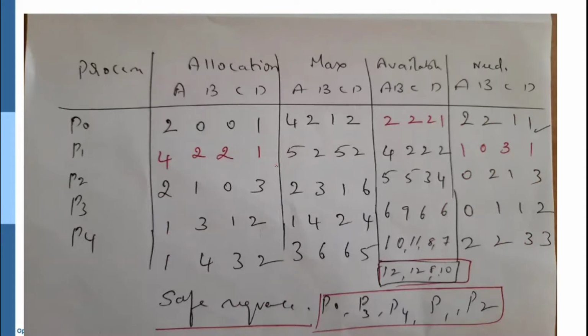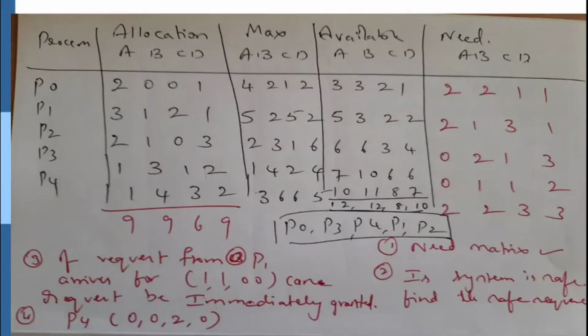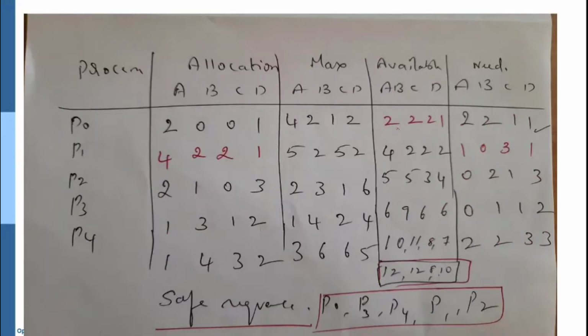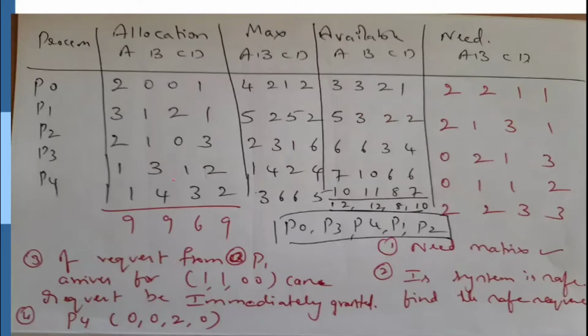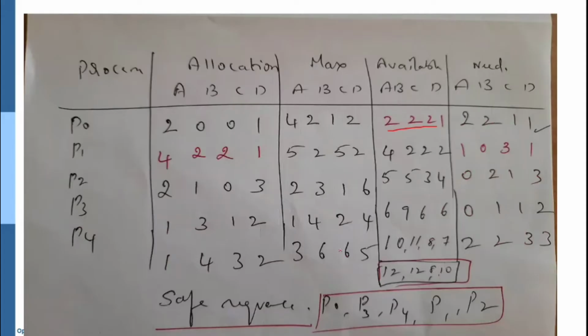So 4 2 2 1. These are the new sequences, and we have to subtract this from the given available. When you subtract, 3 minus 1 is 2, 3 minus 1 is 2, and 2 1. So this is the newly available resources, 2 2 2 1, because P1 requested here. You can see P1 requested 1 1 0. If we allocate these resources, will the system be in a safe state, that is a safe sequence, or not? That is the question. So we will check this. Once again, for that we have to draw the need matrix and write the available. So how are we going to write the need?